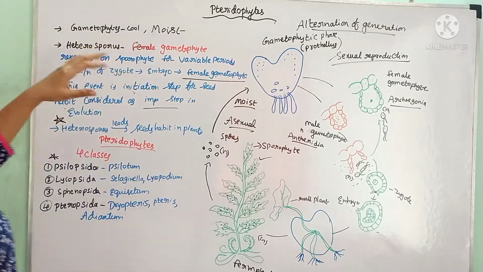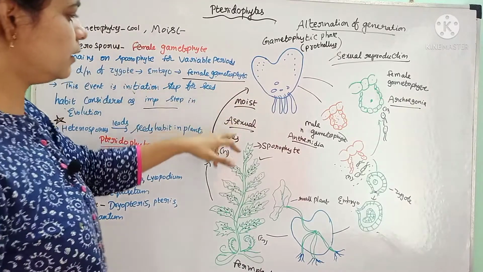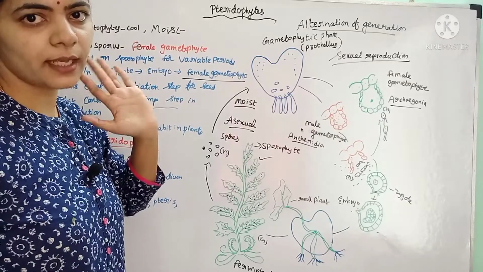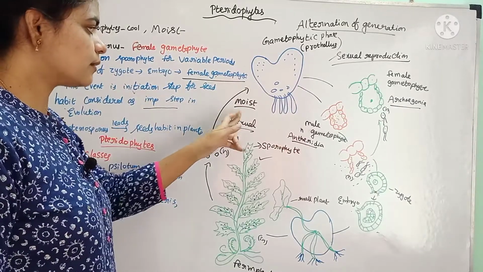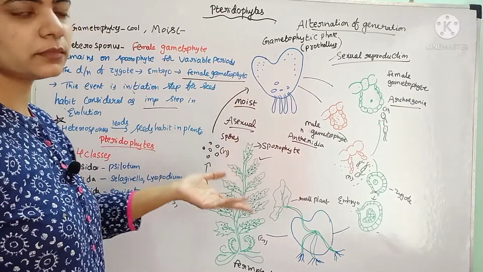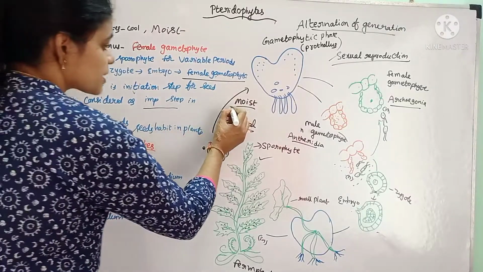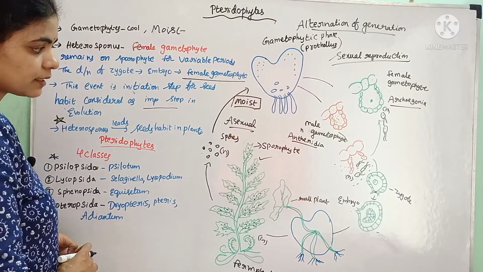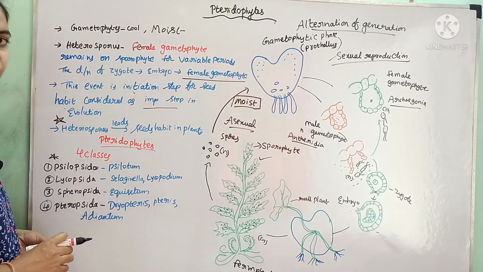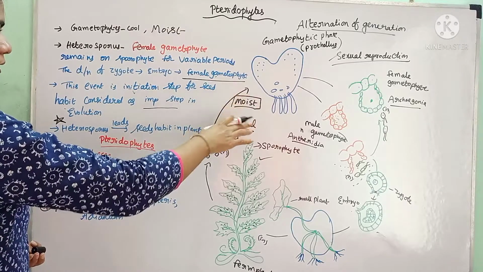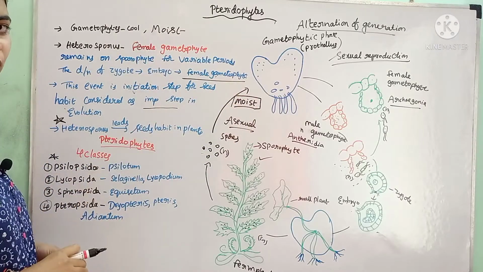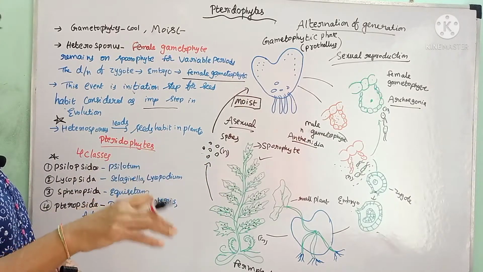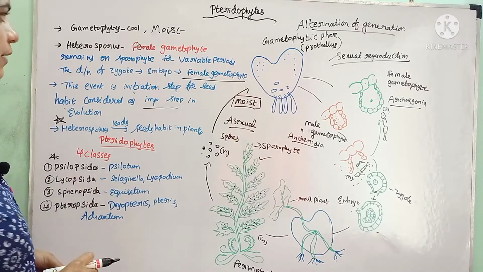The drawback of this is that when the spores fall on dry conditions, they will not develop into the gametophyte or prothallus, because they develop only in moist conditions. They cannot germinate in dry, desiccated conditions. Only in moist, damp conditions does the gametophytic phase occur. Hence, these plants will not spread easily all over the world. Only in a few restricted areas where favorable conditions occur will these plants develop and grow.